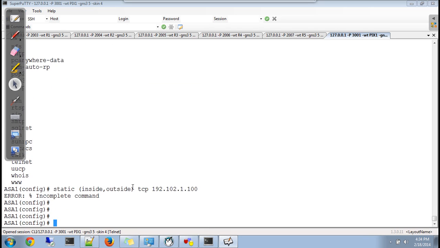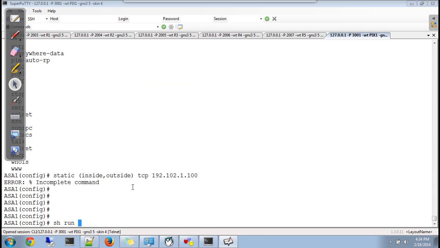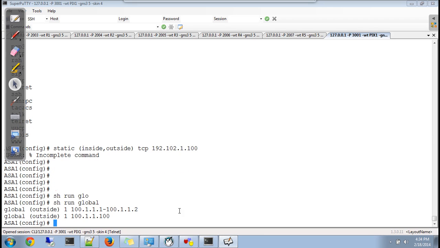Done. So this is your pool. Here you are saying in normal situations give IP addresses from this pool. If the IP addresses get exhausted, in that case start using this IP with different port numbers. That's called PAT. Same IP with different port numbers.